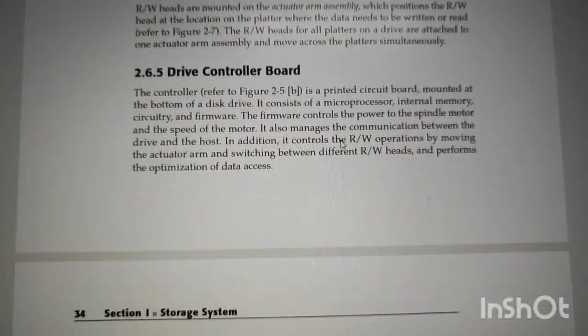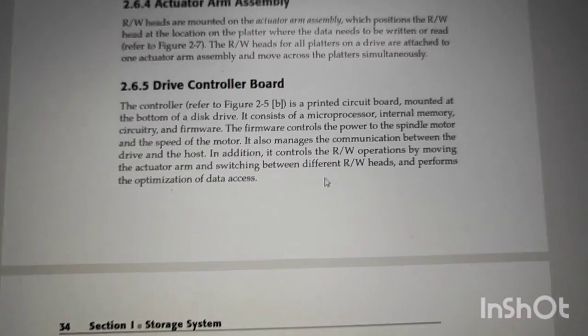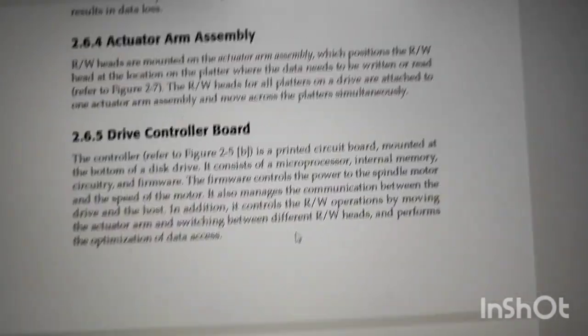So you have another thing called the device controller board. It is a circular